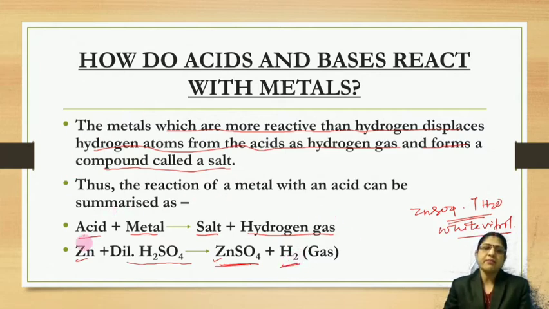So you can summarize: acids react with metals to form salt and hydrogen gas, but not all metals. Those metals which are more reactive than hydrogen, that means in the reactivity series those metals are present above hydrogen. Which metals are present above hydrogen? So many metals are there, but below hydrogen, which cannot displace it, I remember as Kamsi-Plago: copper, mercury, silver, platinum, gold.